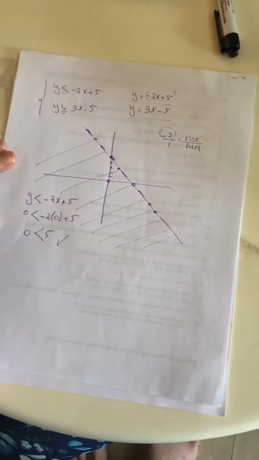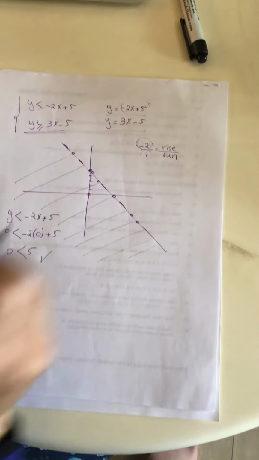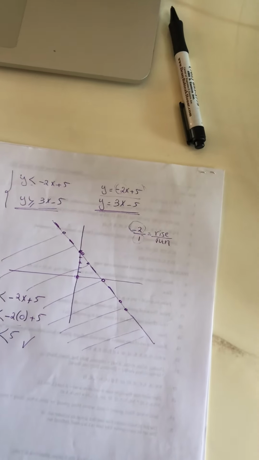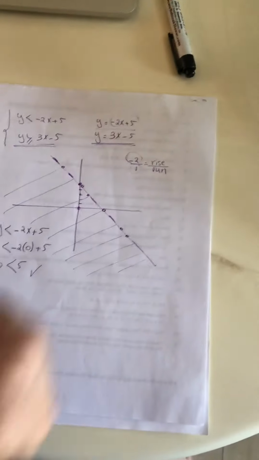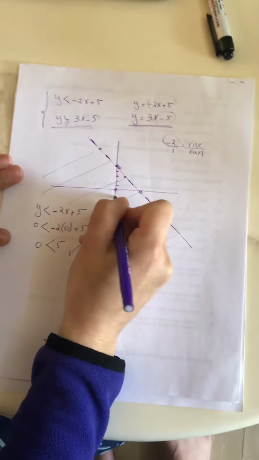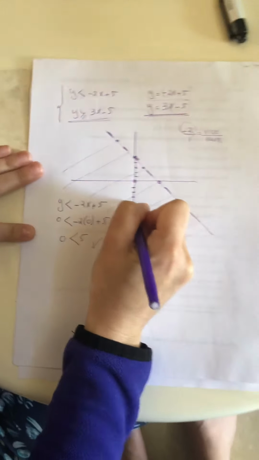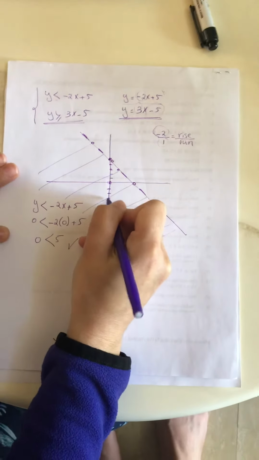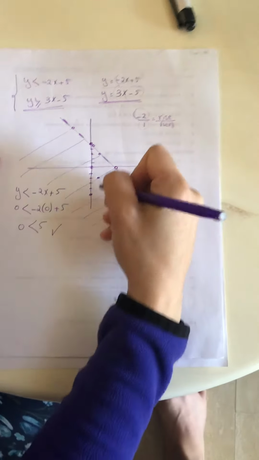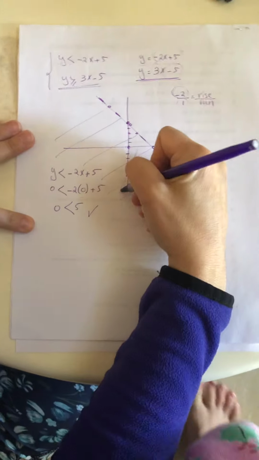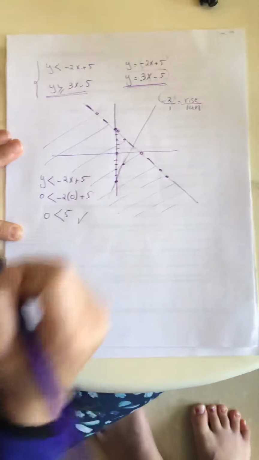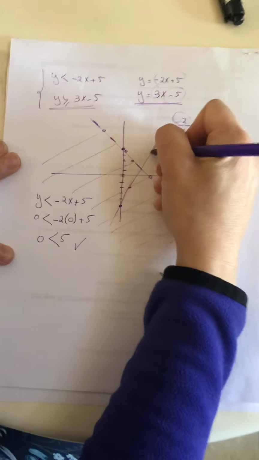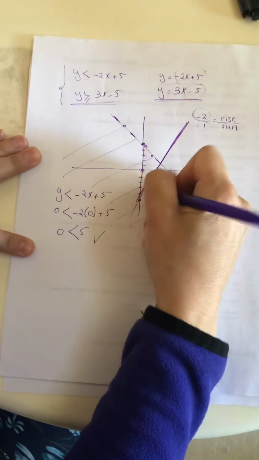We do the exact same thing for this line. That means that we change it to an equation, I already did, and graph the line. How do we graph it? -5 is 1, 2, 3, 4, 5. And the slope is 3. It means up 3/1. And you graph it. Since it has equality over here, this is actually a bolded line rather than a dotted